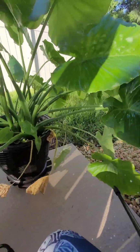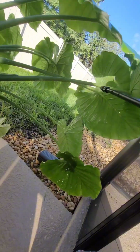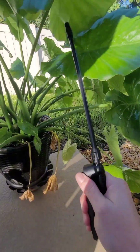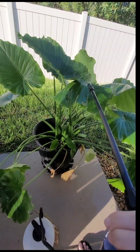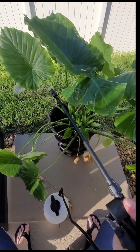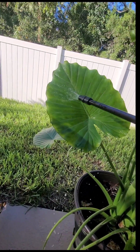Also, please be careful when you do use this. You don't want to use it in too hot of weather. I think over like 90 degrees. You also don't want to use it in direct sun because you can burn your leaves. Also, you can hurt beneficial insects as well, such as bees. So you want to make sure you're very careful when you use this, that it's not while they're out foraging